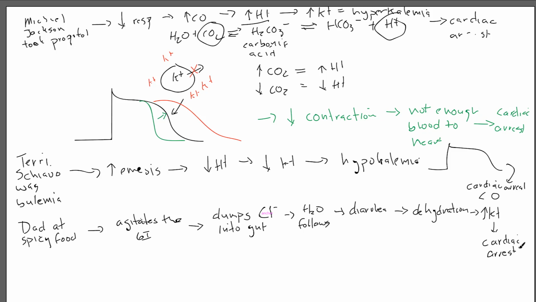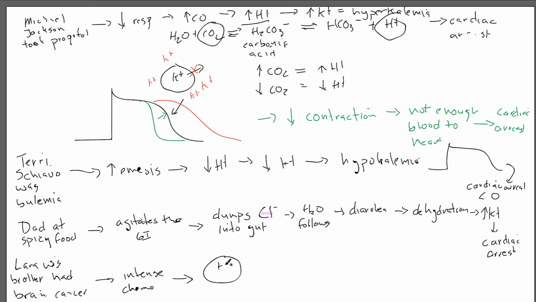This one is one I don't know, it always still saddens me to bring it up, but her name was Laura. We'll call her Laura W. Her brother had brain cancer, and that can require intense chemo. And when you kill cells, cells are bags of potassium. So that potassium gets spilled out, and that's going to lead to hyperkalemia. And she was always troubled because her brother was 18, and she didn't understand why he could die of